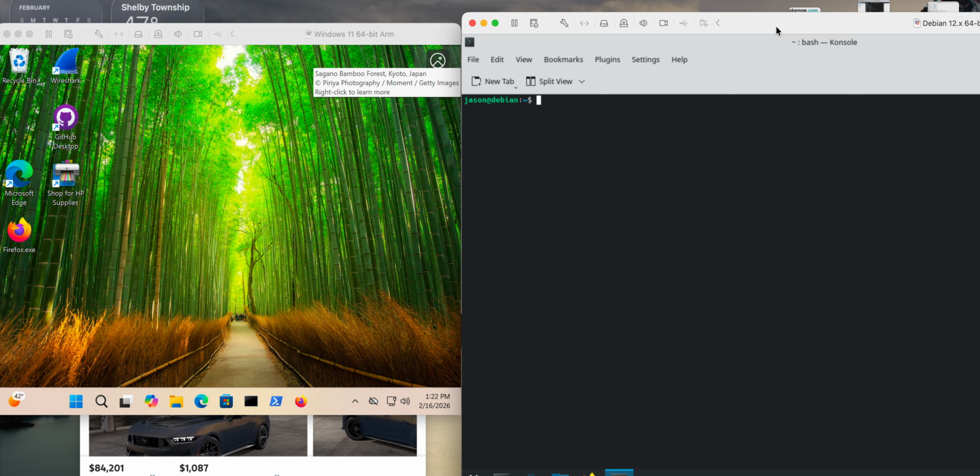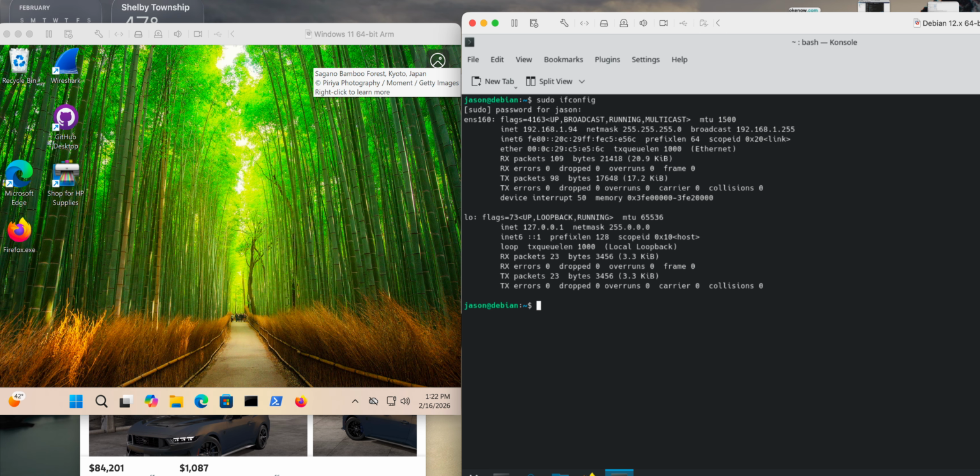Anyways, on here, let's do a sudo ifconfig to take a look at my IP address on here. And it is 192.168.1.94. So before I do anything on the machine that we're going to be running the Wireshark on, we want